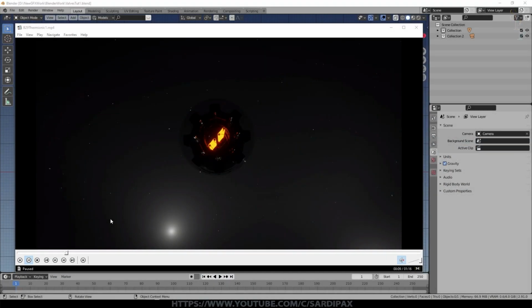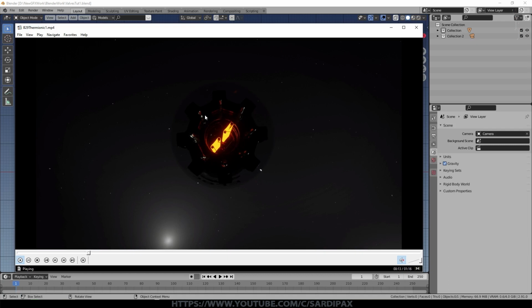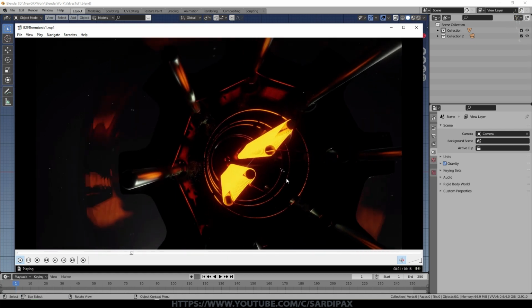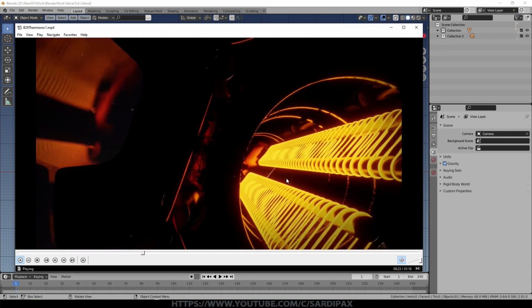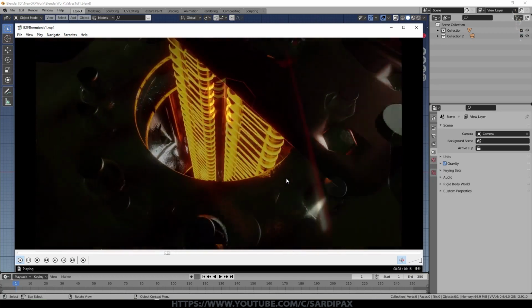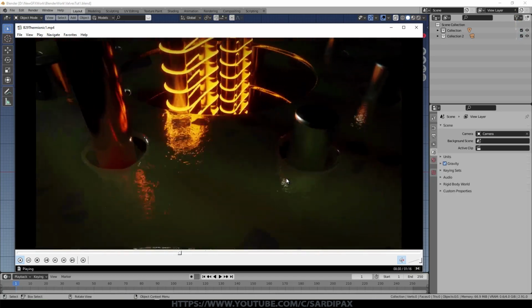Hi there, in this quick tutorial I'm just going to go through a few of the techniques I used to create this animation. So really it was just about how I modelled this thermionic valve and how to set up some of the materials. I may go through some of the camera animation as well, though that's also pretty straightforward. So this is really just a very basic tutorial on how to model something like this.